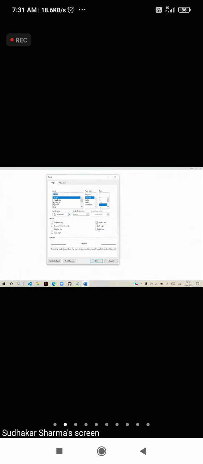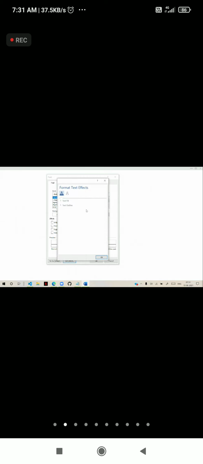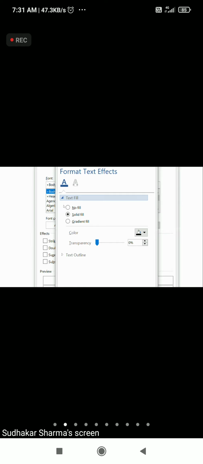For example, here I will show you, here you can see on the screen, these are radio buttons. We have options like no fill, solid fill, gradient.